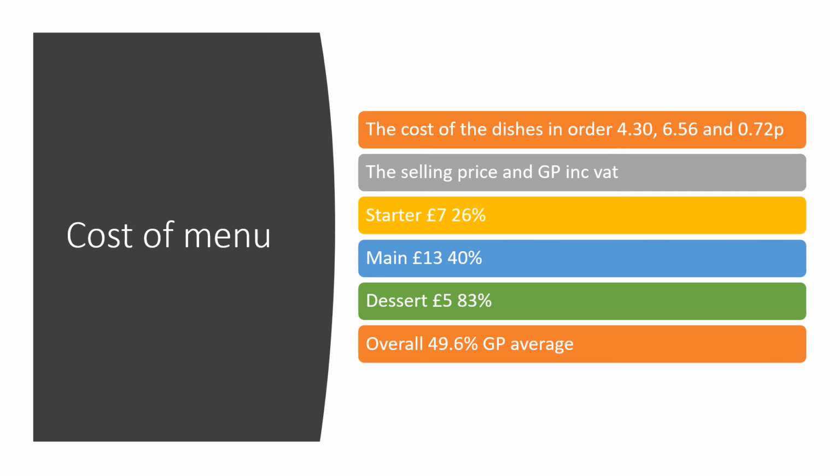making the overall gross profit average 49.6. So by sacrificing GP, the gross profit on the starter, and partly on the main, the star of this becomes the dessert, as this earns 83% gross profit, making the highest profit of all the dishes. At this price,